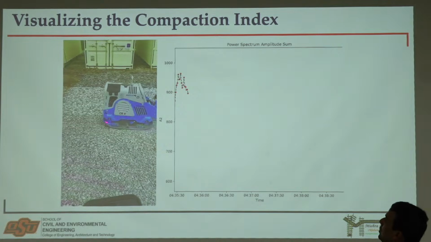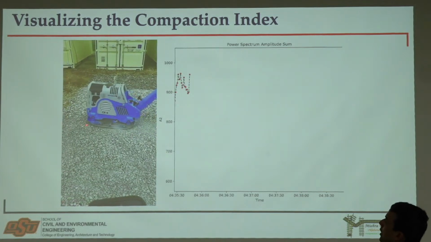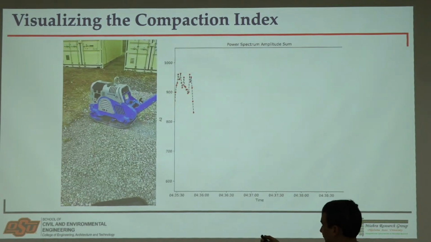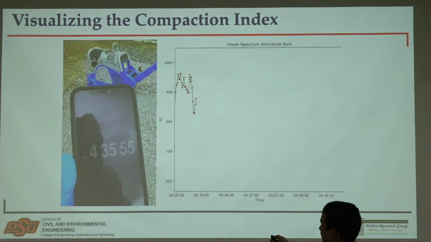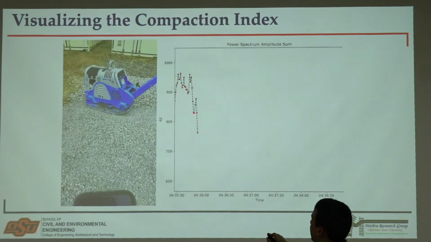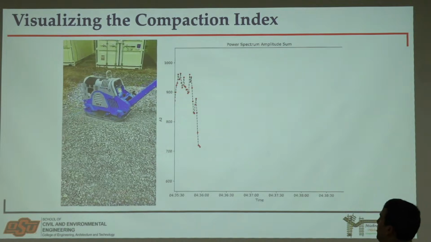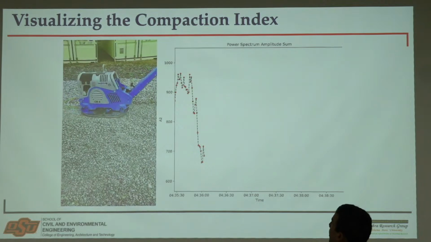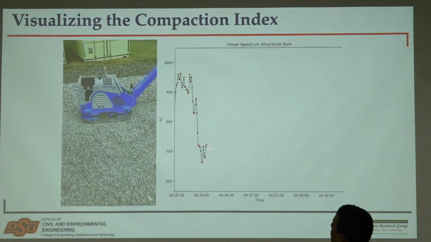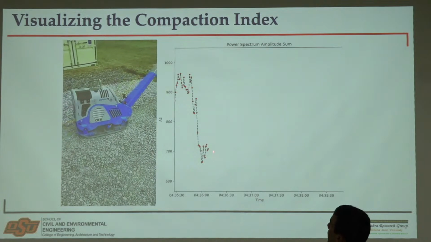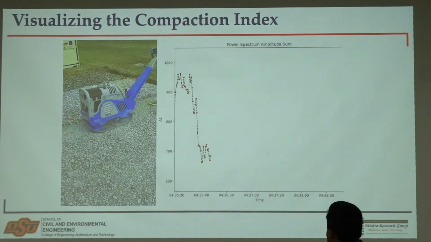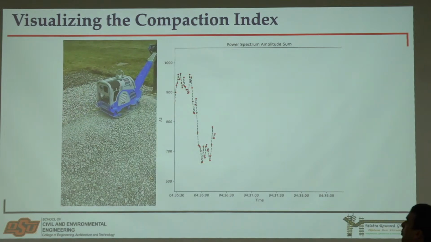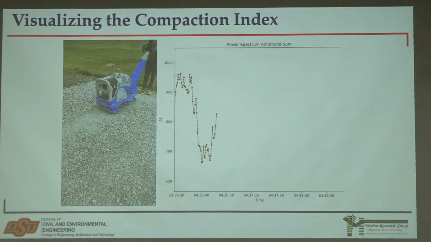As the student is driving the compactor forward, we're trying to track this compaction index, and then they change direction, and you see that when it stops, there is actually a little stop in the time history, and then as he goes over multiple locations multiple times, you can actually track this compaction index and try to propose to them, after some calibration. Of course, we are not there yet, but you can propose to them